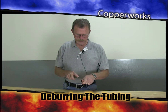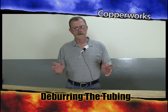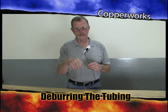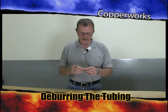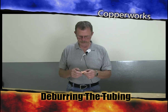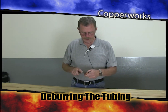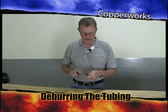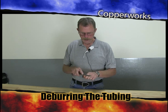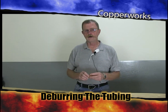Remember, these cutting wheels, they're not actually cutting the copper. What they're doing is they're displacing the copper. And so what that means is you have displaced copper going to the inside of the pipe, displaced copper going to the outside of the pipe. The big deal about that little burr on the outside, and I can feel it right there with my thumb, I didn't hit it right, is the larger you have pipe, and maybe you're setting this pipe up for fittings, the larger you have this pipe, if you don't knock that burr off the outside of the pipe, if you can see this scenario,